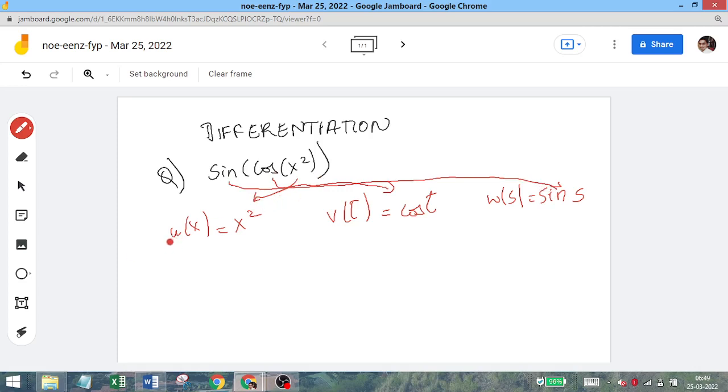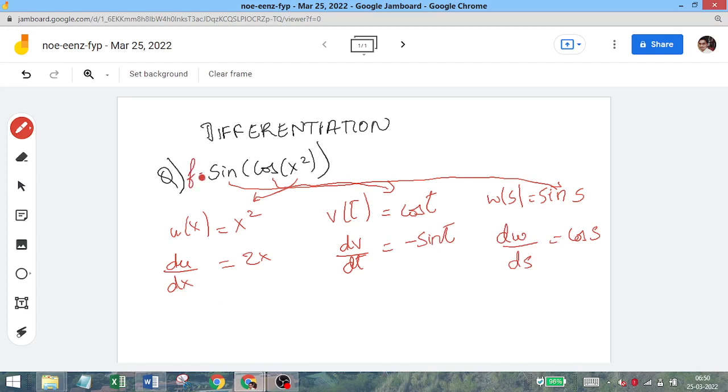So when you're differentiating with respect to those functions, du by dx, you will get 2x. dv by dt, you get minus sine t. dw by ds, you get cos s. So when you're substituting those respective values,